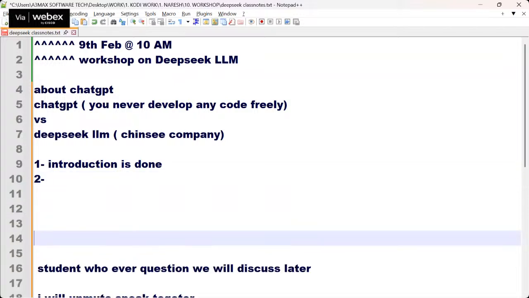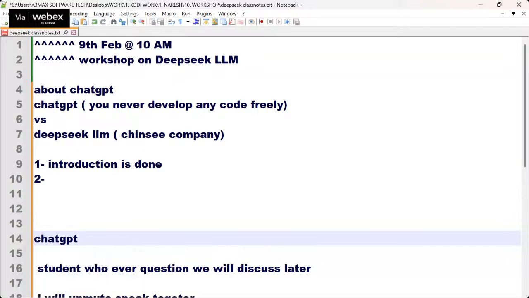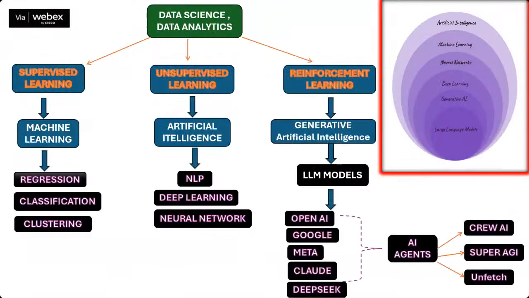All right, guys. The first thing is, as I mentioned, we have many LLMs, ChatGPT. See, Ganesh, to build this machine learning model, NumPy is required. All the tools are required, guys. This is a DeepSeek workshop.